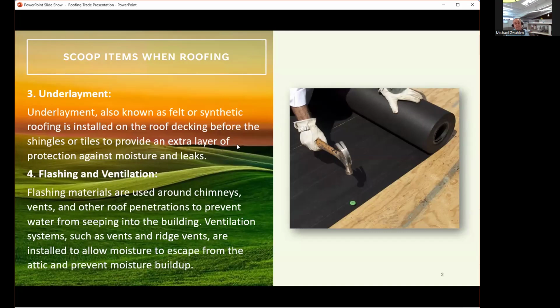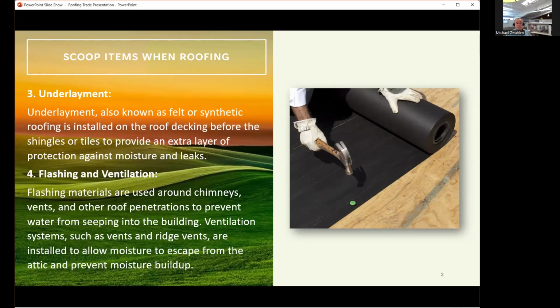Flashing and ventilation. So flashing materials are used around chimneys, vents, and other roof penetrations to prevent water from seeping into the building. Ventilation systems such as vents and ridge vents are installed to allow moisture to escape from the attic and prevent